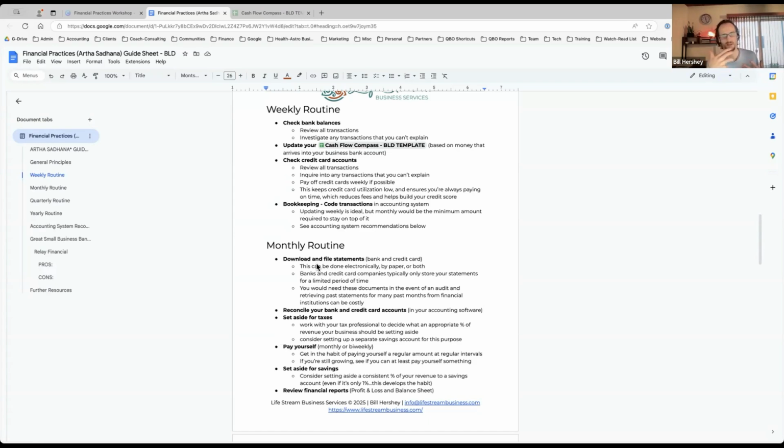Again, this is kind of just a discipline. What I notice is when I fall out, even I fall out of my routine sometimes if I'm traveling or doing different things. If I've gone too long without doing my weekly routine, sometimes something slips through, and all of a sudden I can't get a refund for it. So I often kick myself if I can't do that.